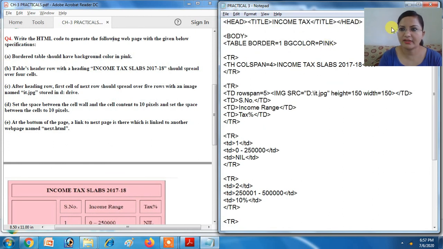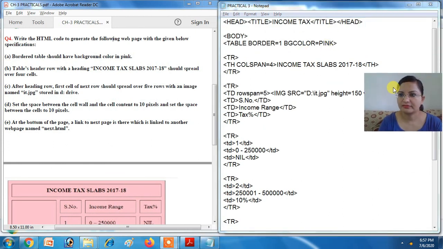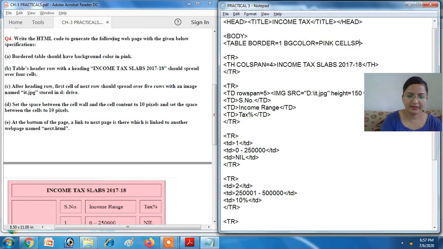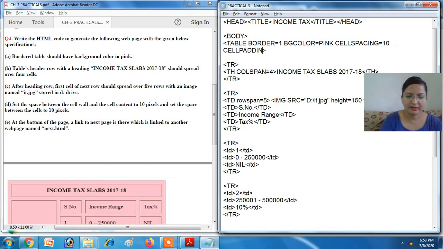Here in the table tag we have to write this: cellspacing equals 10, cellpadding equals 10. Okay, save it.